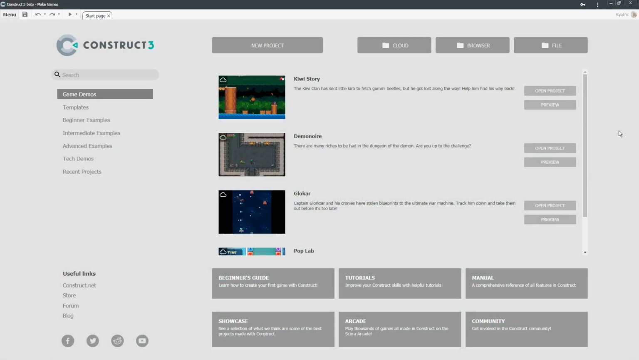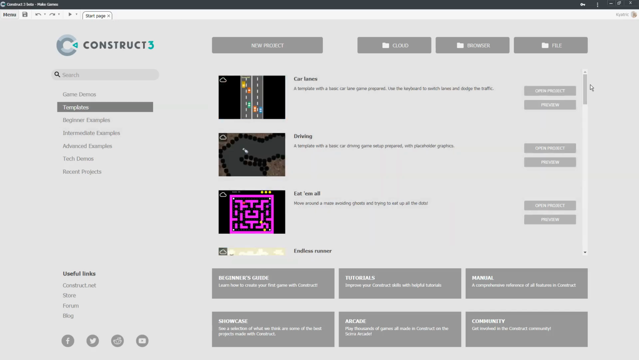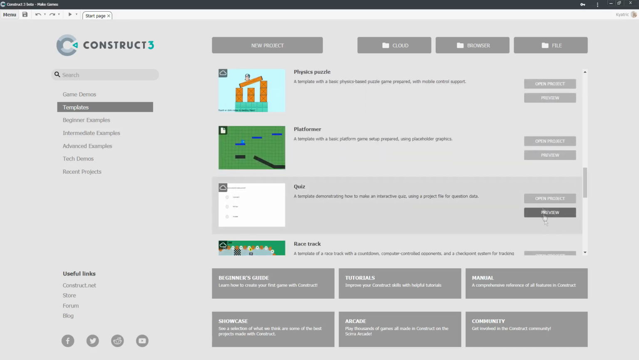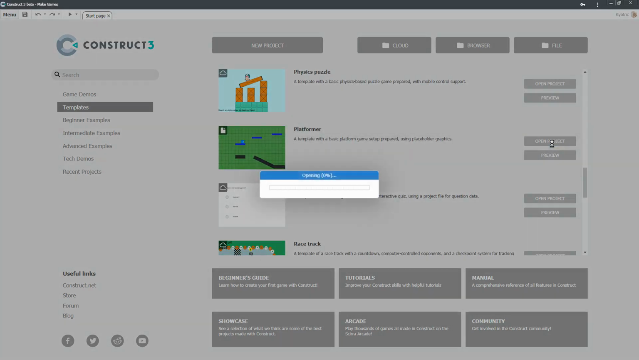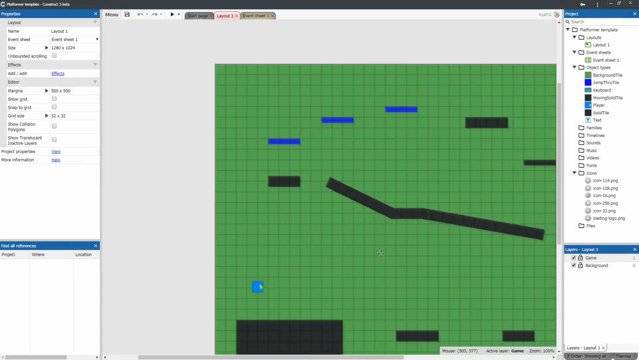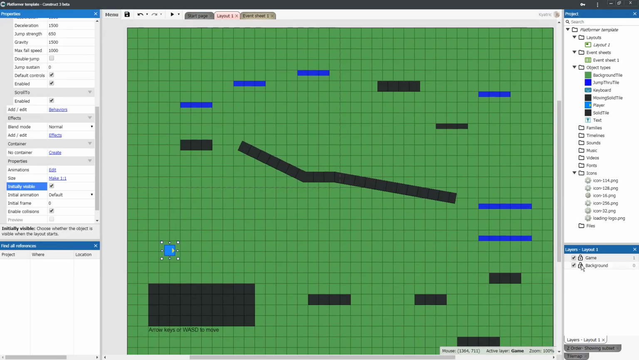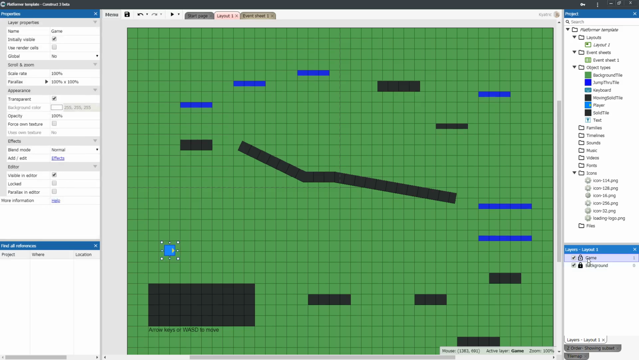We start within Construct 3 on our start page. We go into the templates and look for the platformer template. Open project, and here we have the basic platformer template. We click on the background layer to lock it, so we are sure to have selected our game layer, and